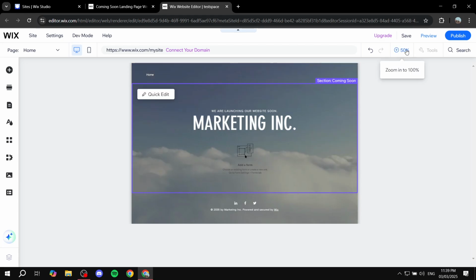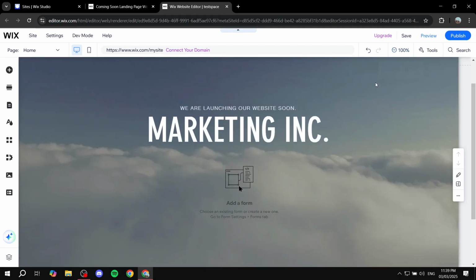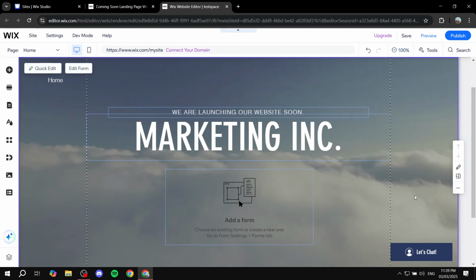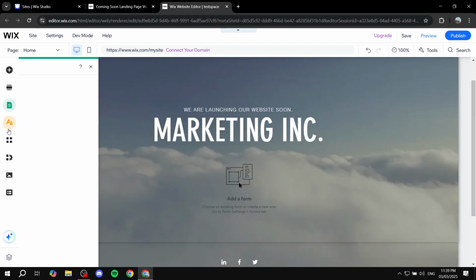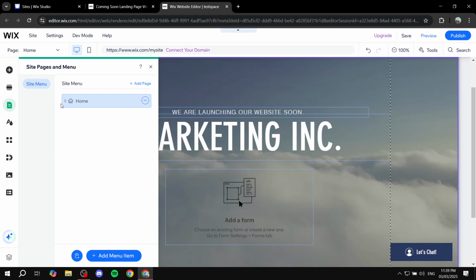So with that, you're going to have multiple different pages. So we can first zoom in to 100%. I always prefer to have it this way, unless I want to have a bird's eye view. And then what I'm going to do, and what I really need you to do here, is just go to the dashboard on the left panel, click on pages and menu, and here you're going to find probably plenty of different pages depending on the template